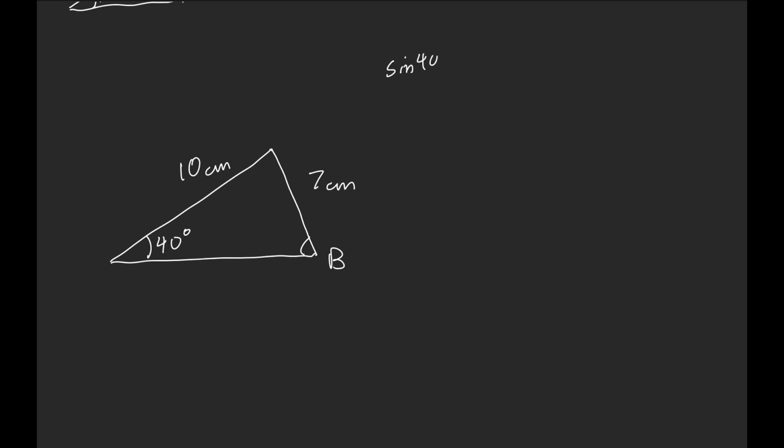What we can do is use the law of sines to find angle B. The law of sines tells us that sine 40 over 7, which is sine A over A, is equal to sine B over 10, which is sine B over B. Rearranging for sine B, we get 10 over 7 times sine 40 is equal to sine B. Taking the arcsine of both sides, we get B is equal to, and I'm just going to punch this into my calculator here to save time,